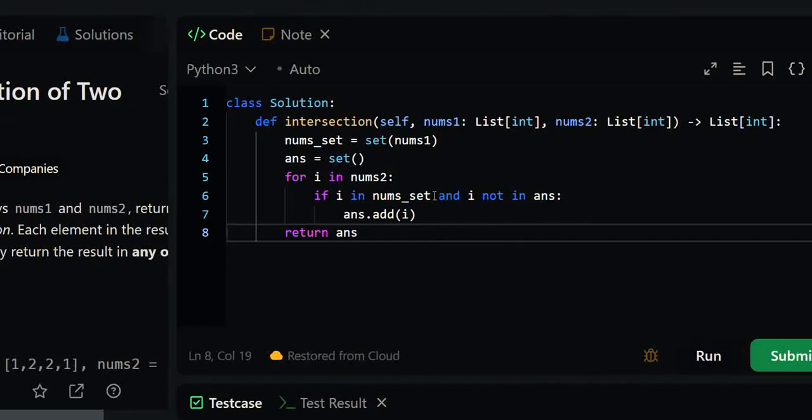If you want, you can eradicate this part, because at the end we are using a set, so it is not needed, but just